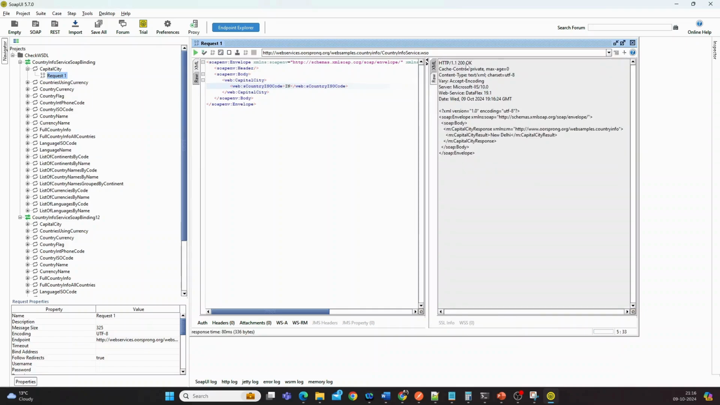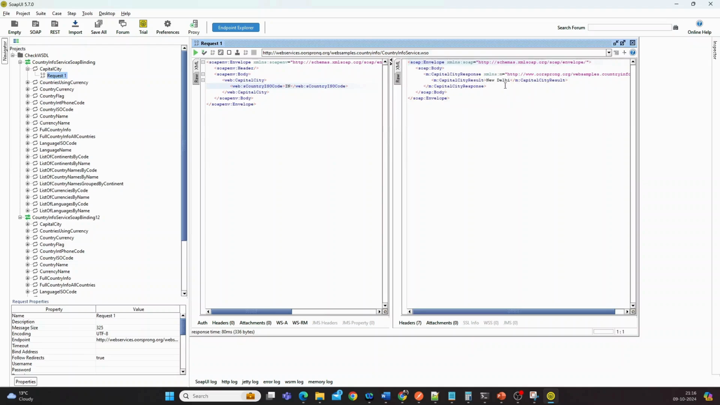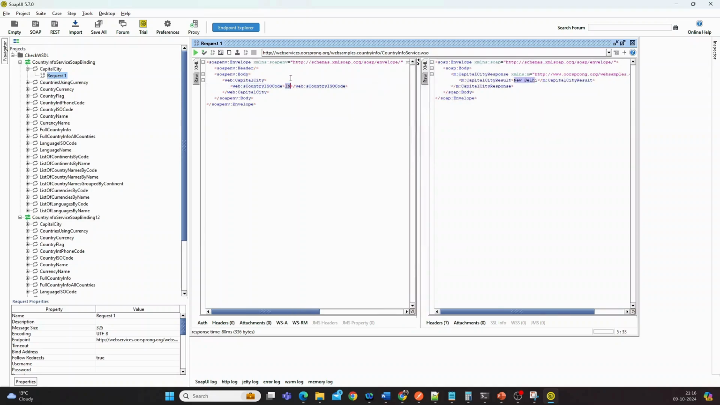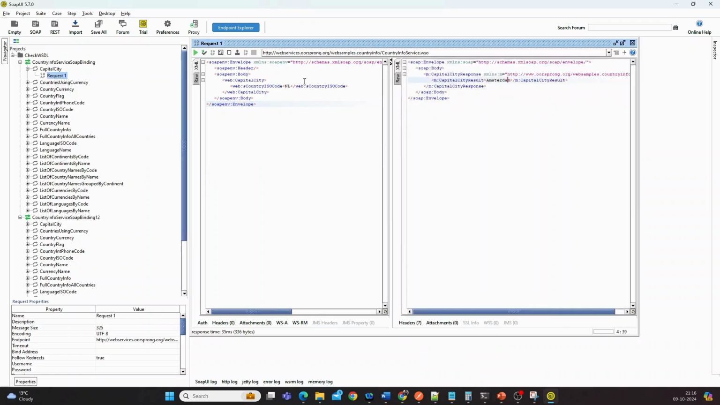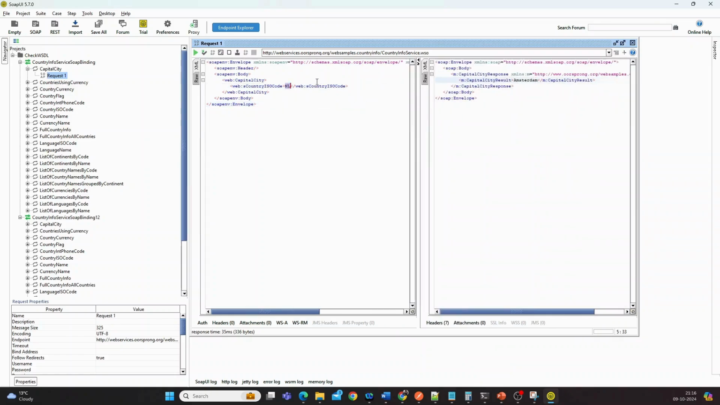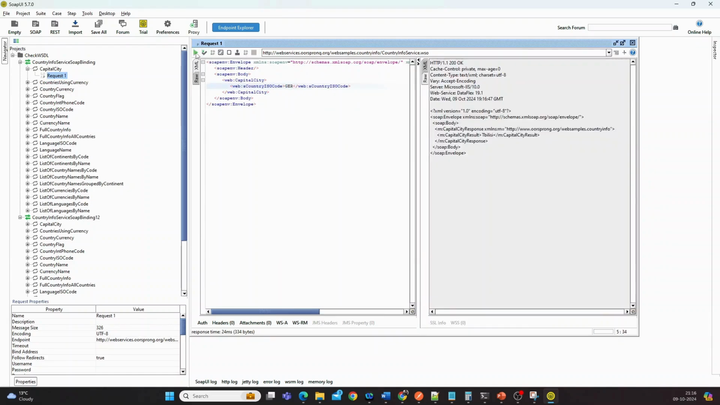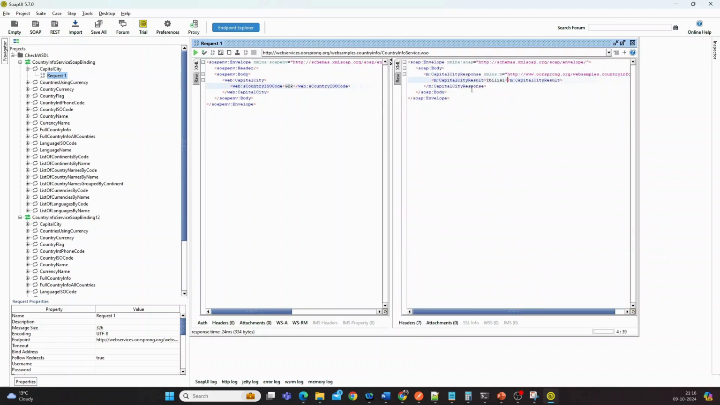You see, it gave 200. That means it is a success, and it gave me the capital as New Delhi. Similarly, let us try it for NL. NL stands for Netherlands. See, it is Amsterdam. Let us go one step further for Germany. Yeah, GR is